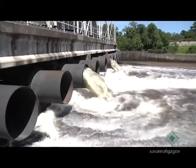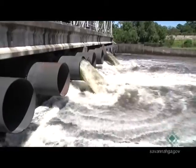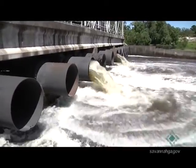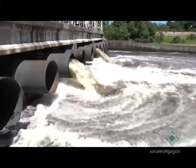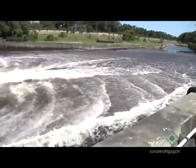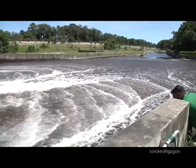What I'm trying to do is evacuate the channel. The problem with the street flooding is the water getting from, say, the neighborhood to the canal, not moving it down the canal. The city has spent nearly $250 million on drainage over the last 20 years, much of it from the voter-approved Special Purpose Local Option Sales Tax, or SPLOST. You can get more information on these projects at the city's website,